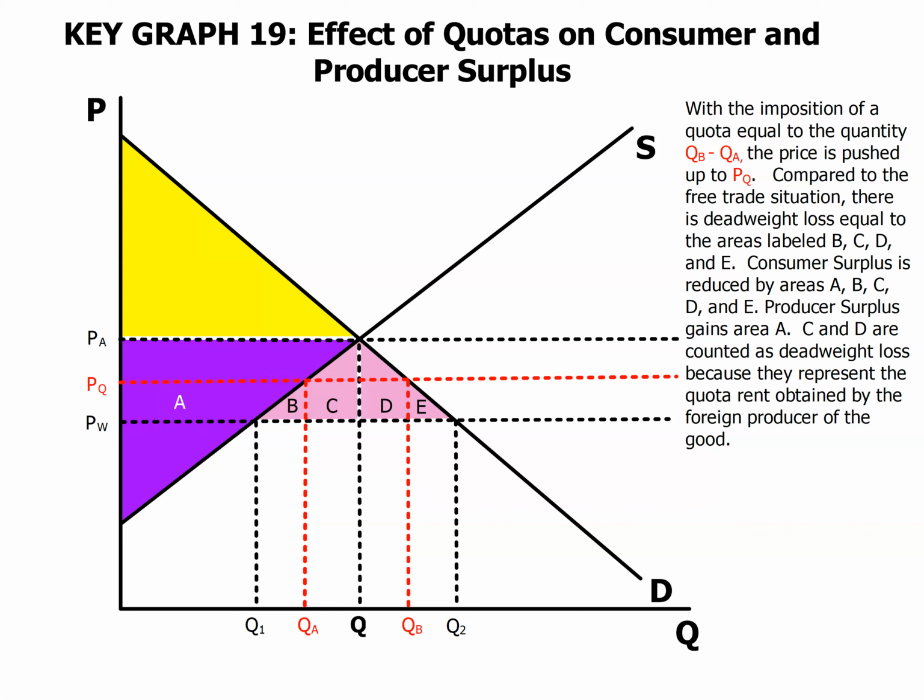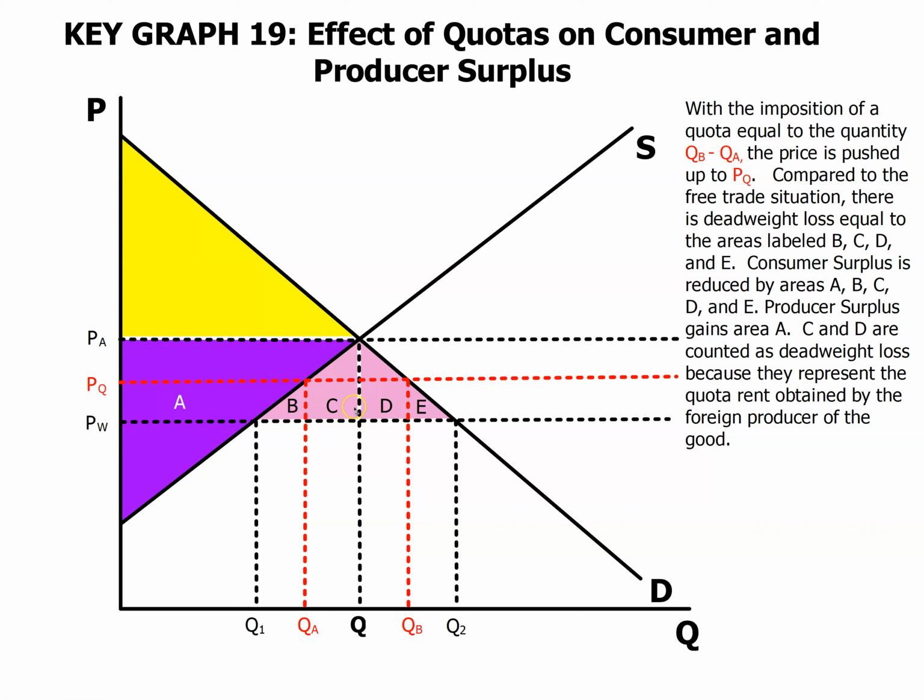And here we see the quota kind of replaces the tariff. So the money that was normally C and D is actually going abroad. A quota is actually leading to a higher price domestically that producers can produce. So A still becomes a part of producer surplus, but B, C, D, and E now become part of deadweight loss because C and D essentially is going to